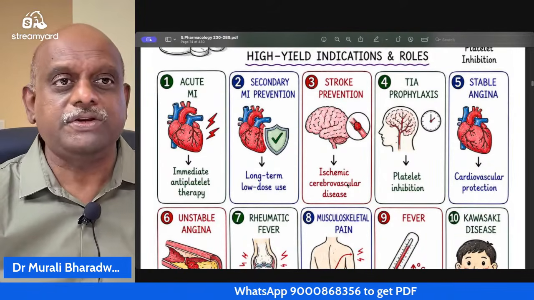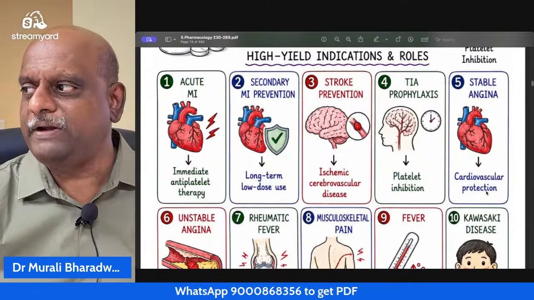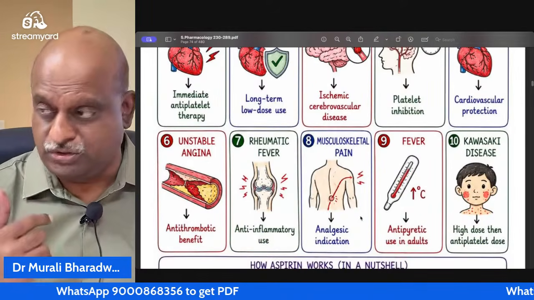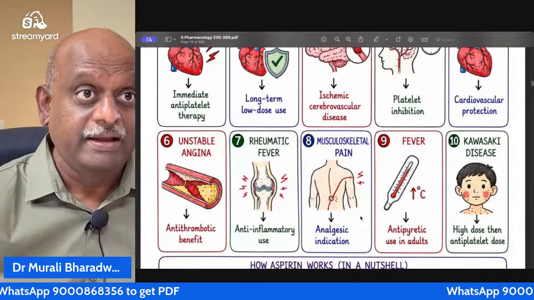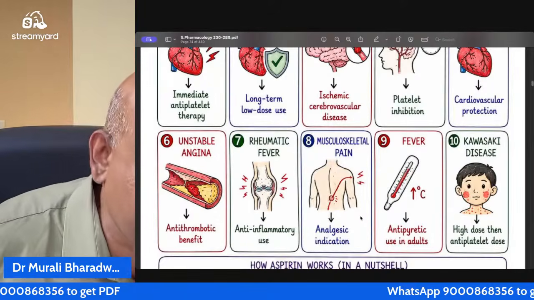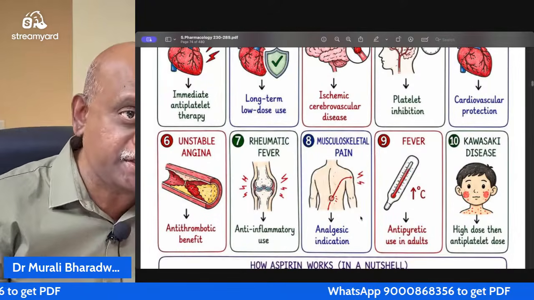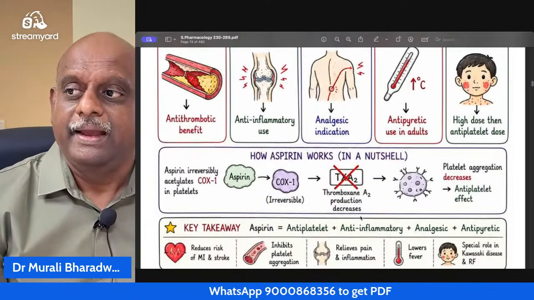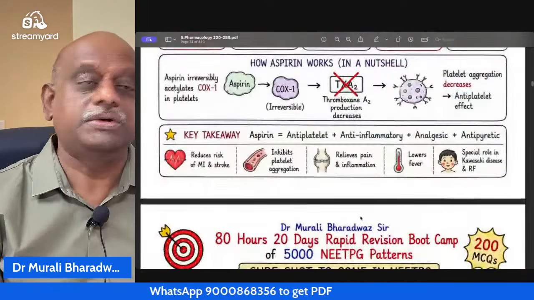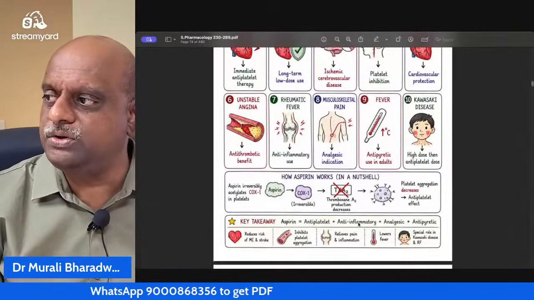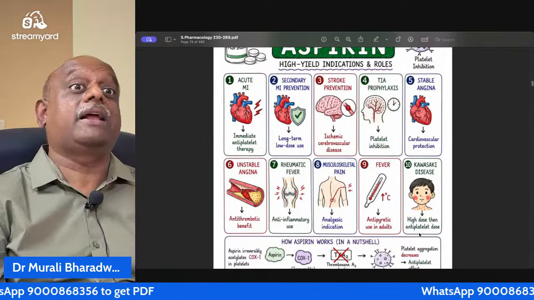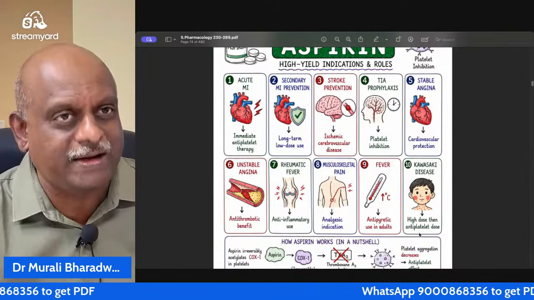Then stroke prevention, TIA prophylaxis, stable angina, unstable angina, rheumatic fever, musculoskeletal pain, fever, and in Kawasaki disease, which is a vasculitis, no role for steroids, only aspirin we use. So indications you should know, especially Kawasaki disease, and drug of choice is not steroid, aspirin for